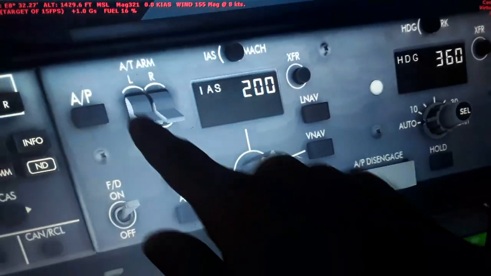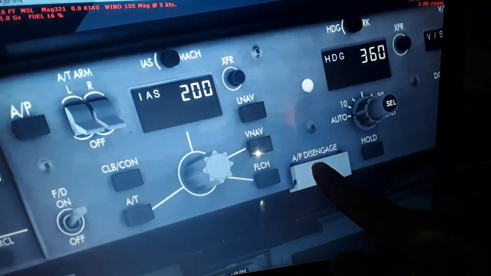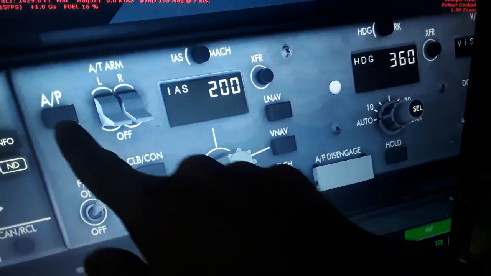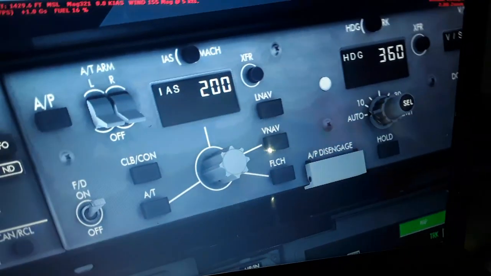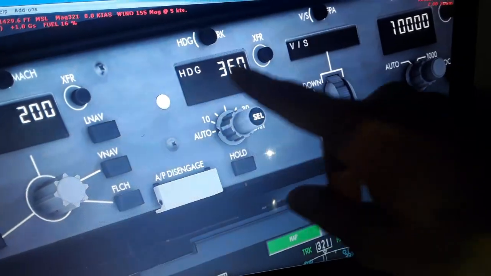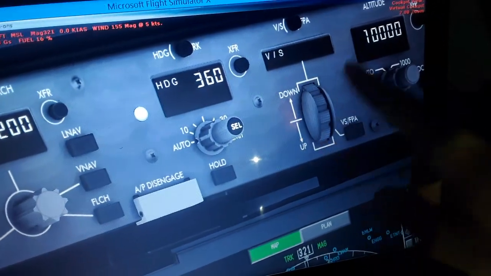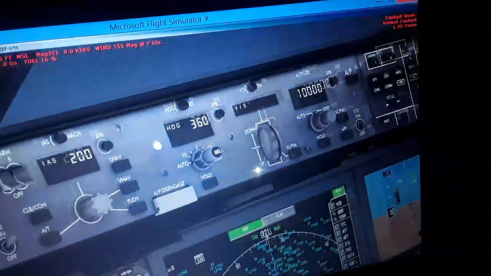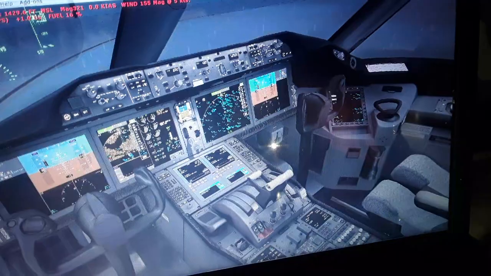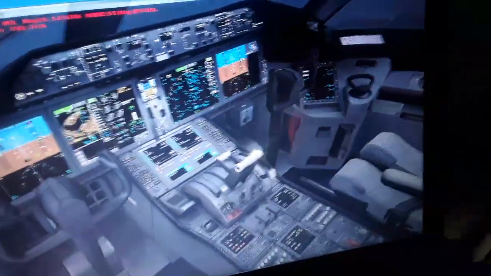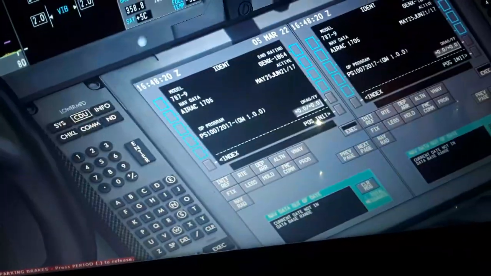You will see later, auto throttle engage and disengage, autopilot engage, disengage, flight director. We have the modes, LNAV, VNAV, flight level change, auto throttle, climb continues, the heading, bank angle, heading guidance, vertical rate of climb descent, altitude also, all the aircraft as we fly. So you see the autopilot flight director system panel, the flight management computer. Over here we're gonna create a flight plan using this system